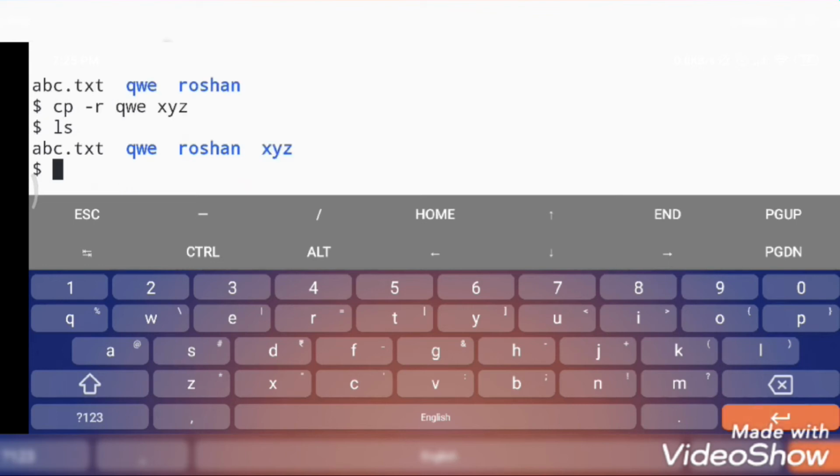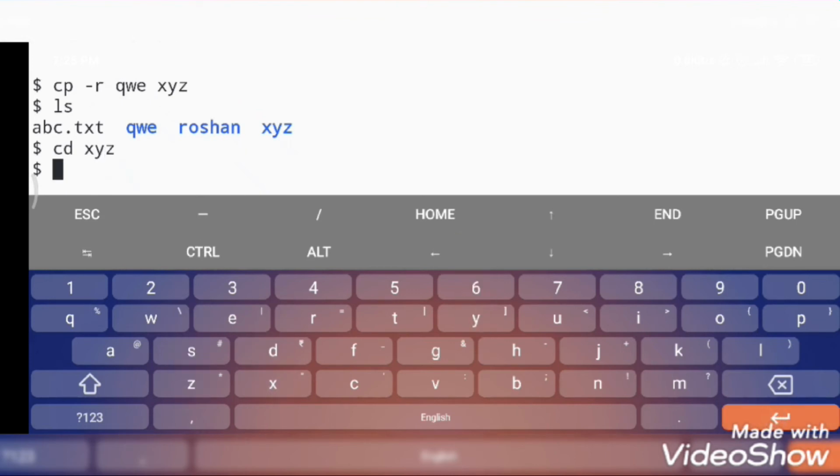Now typing ls, you can see we have a new folder called xyz. Next, go to the folder xyz using the command cd space xyz and hit enter. Type ls here. You can see we have the same file abc.txt as present in the qwe folder. So our folder is copied successfully.